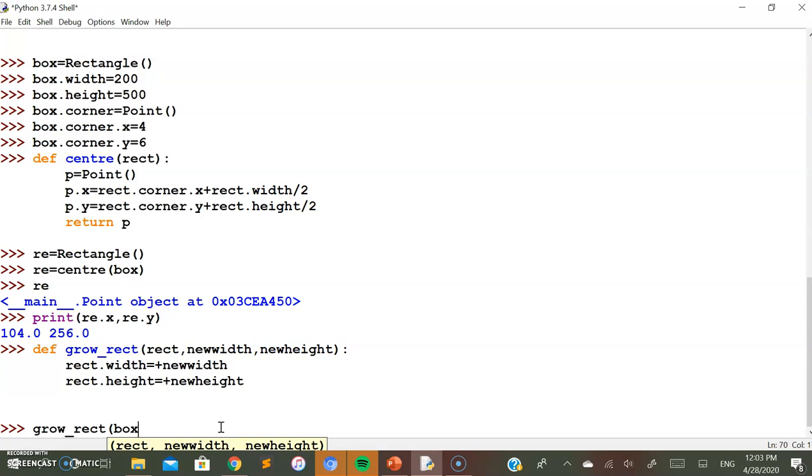What we need to pass is the box as an object. I'll pass some numeric values here.